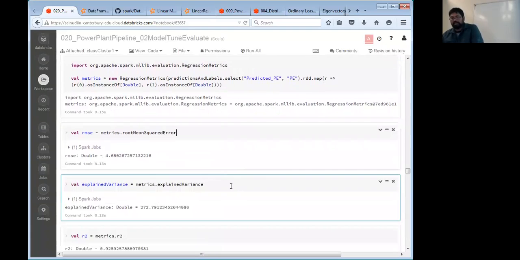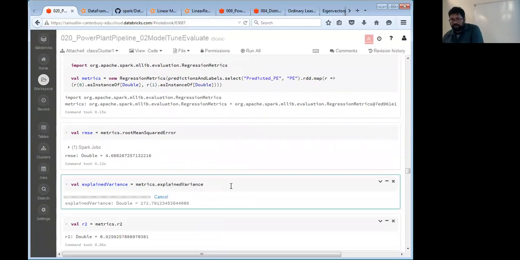So this is the square root of the mean of the squared errors between the prediction and the fitted model. Okay, and